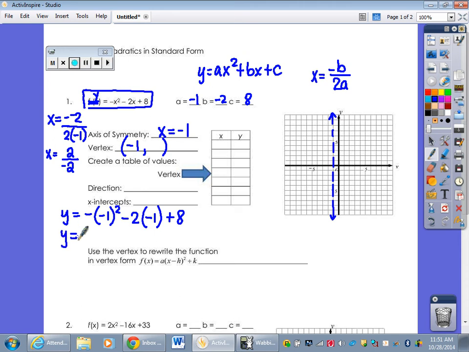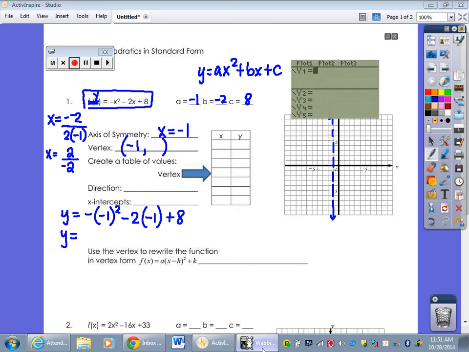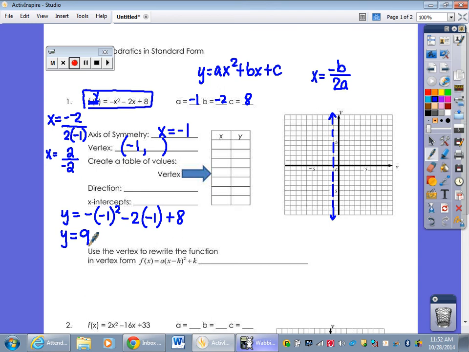And you can do this on the calculator, okay, if you don't want to do it by hand. So if you put it in the calculator, you would do exactly the way you see it. So negative parentheses, -1 parentheses squared, minus 2 parentheses, -1 parentheses, and then plus 8. And you would hit enter. Okay? So the answer should be 9. Y is equal to 9. Okay, so the vertex is going to be at -1, 9, and we're going to put that on the table